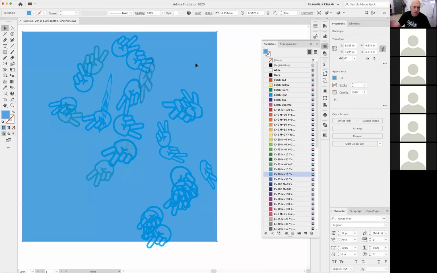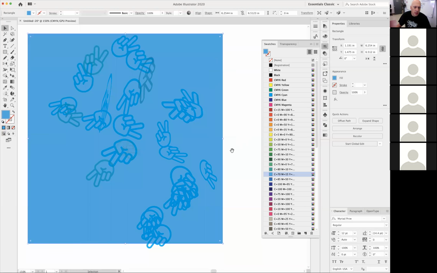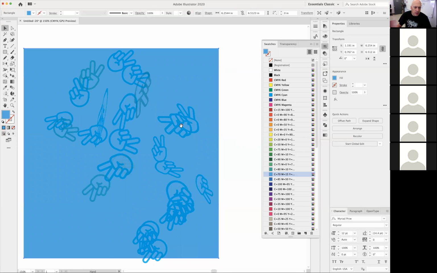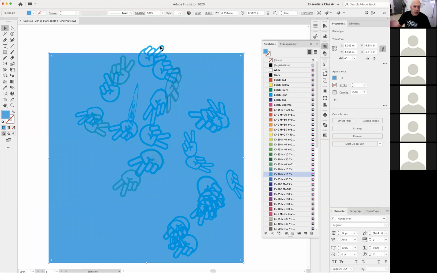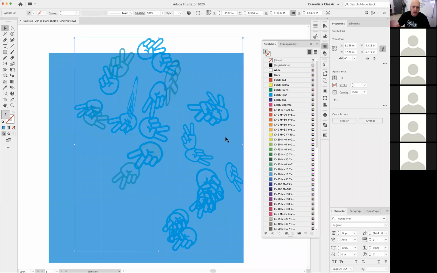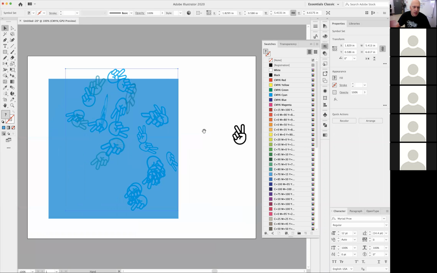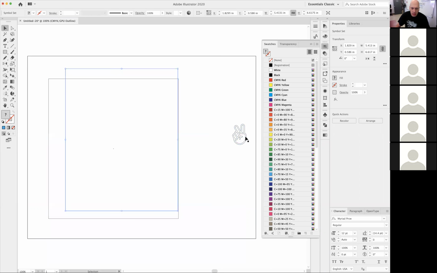Lighter blue, because they're semi-translucent. So it's still an object. It's not quite a pattern. It's a symbol. You're using the symbol spray, so it's not quite a fill. So how do I turn that into an object that I can modify, such as an outline object like this,